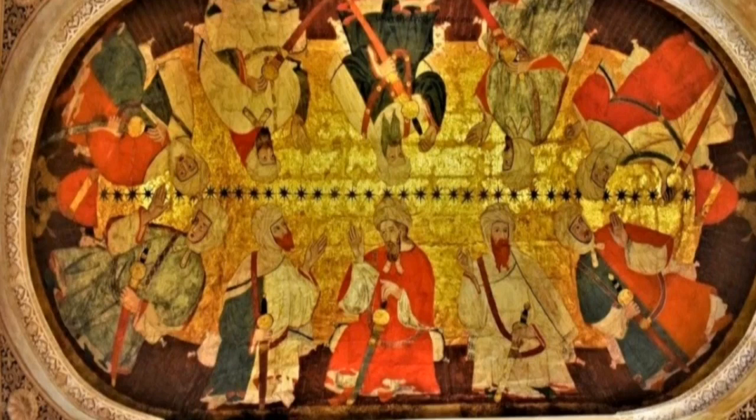So we don't have to guess and say, hey, I wonder what those Moors look like, those Moors that invaded Spain. We don't have to guess. This is them right here. Till this day, you can go over to Spain. They do